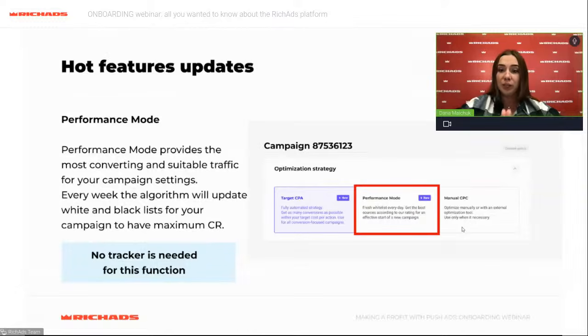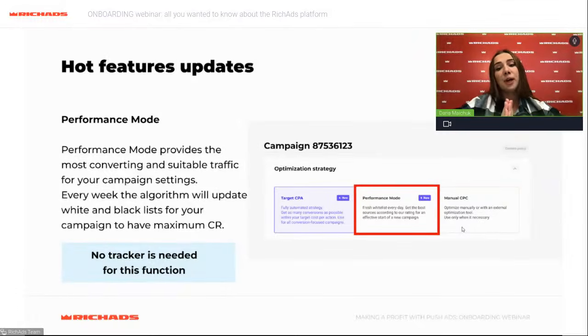You might be wondering how it can actually help you. Well, it constantly updates the traffic sources. This way, campaigns' efficiency increases as the non-converting sources are quickly turned off and can't spoil your results. What is more, the traffic is really fresh. The thing is that new sources with a high conversion rate are automatically turned on in the performance mode campaigns as soon as their effectiveness is proven. It is crucial to mention that all of this is done by the algorithm without a tracker.